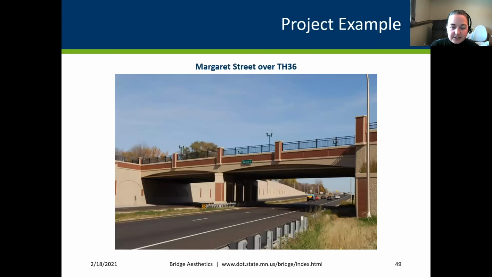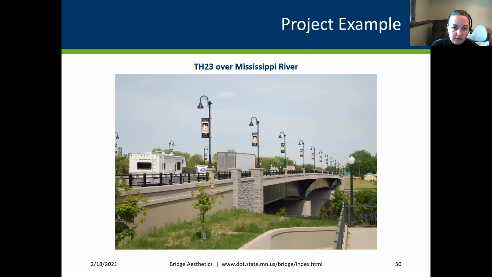Margaret Street over 36. 36 kind of goes through and you don't even realize you're in North St. Paul. North St. Paul is a little bit off to the south. You don't really see it. So we took the colors and the textures that are found in their downtown and we moved them out to the highway to really say, hey, we have this beautiful little downtown that has all of this beautiful brick. Come to our town. And then Granite City Crossing, you have obviously granite. It just makes sense that you would do that in St. Cloud when you're dealing with those granite quarries right next door.